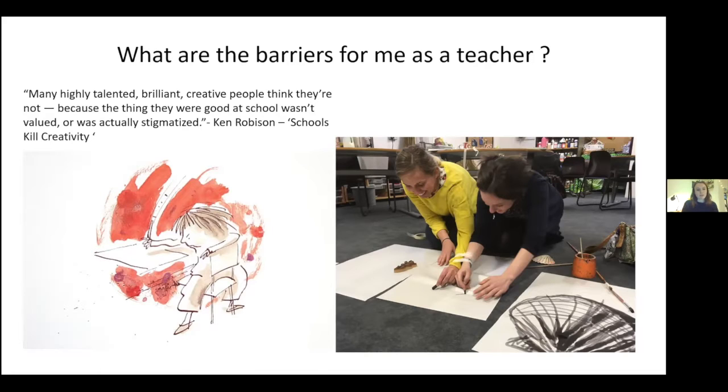One of the massive barriers that I find when working with teachers is confidence. Especially working with art leads, a lot of art leads are arty, and they haven't got that same anxiety around teaching art, because you've chosen to be an art lead for a reason. But a lot of teachers, and you'll know this as art leads, I'm sure, will say, well, I can't paint, I've never used watercolour, how am I going to teach a watercolour lesson? I think it's really worth looking at how to upskill our staff so that they feel confident going forward.